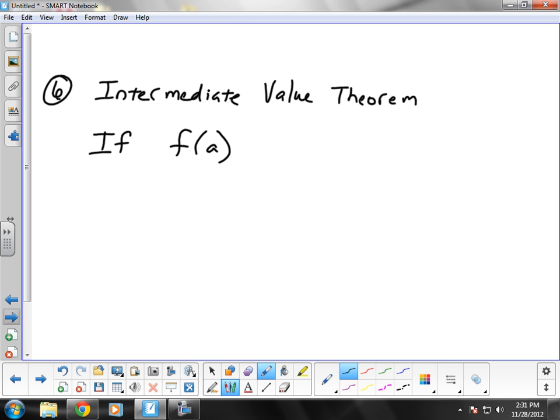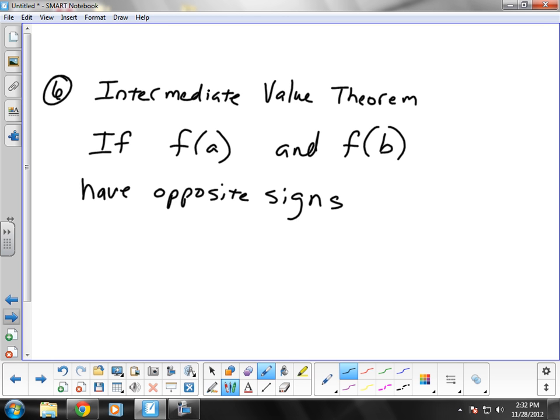It means I'm going to take some number, plug it in the equation, and I get a y back. That's what f of a stands for. And f of b means I took a different number and plugged it in the equation and got the y value back. So it says if f of a and f of b have opposite signs, opposite signs means one's positive and one's negative,